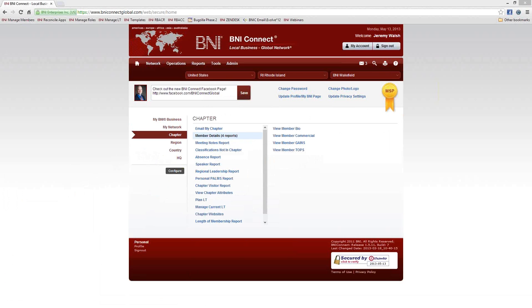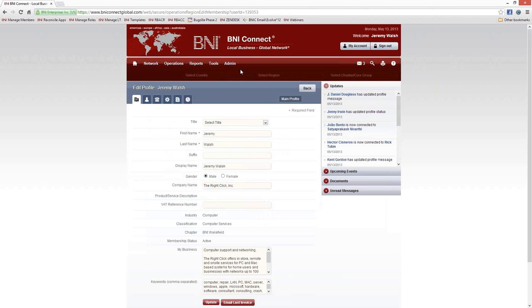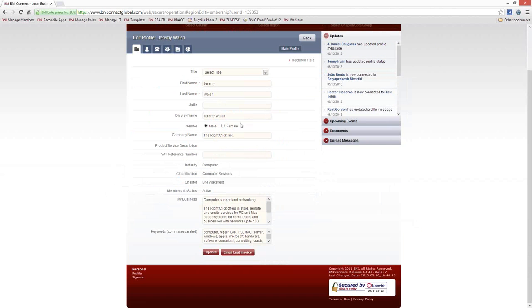Here's where I would start. To put all of your information into BNI Connect, you click on the My Account button up here in the upper right-hand corner. Now, the things that I would start with are the things that have the greatest visibility. Obviously, make sure your name and your company and all that's correct. But this My Business and the keywords on the front screen, on this first tab here, those are both accessible